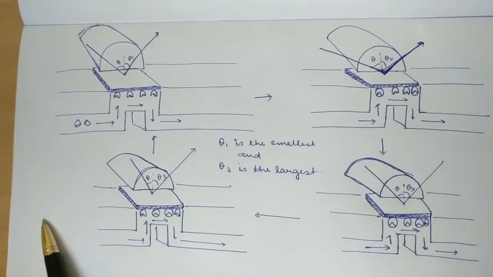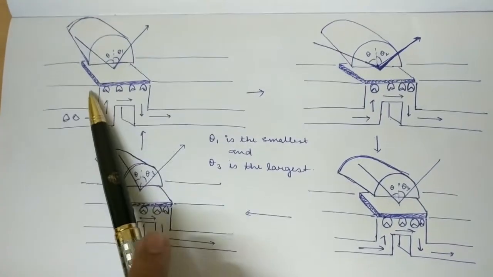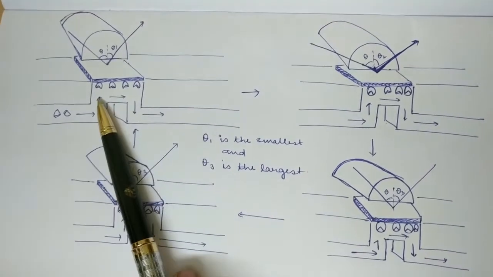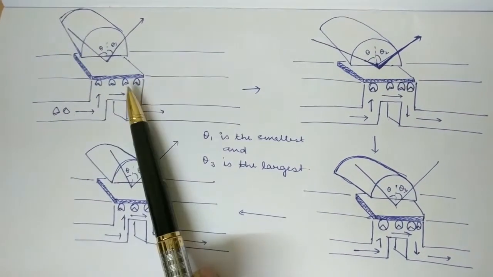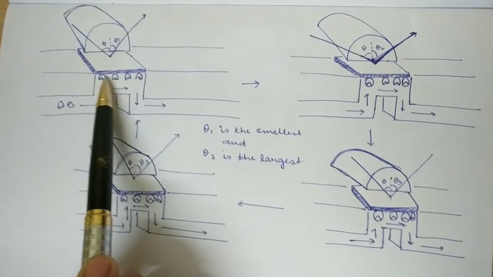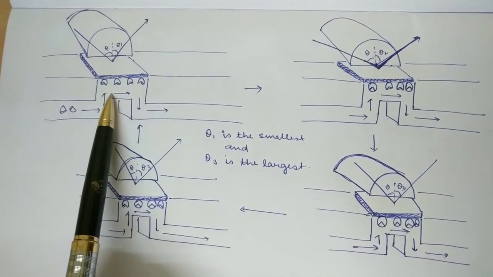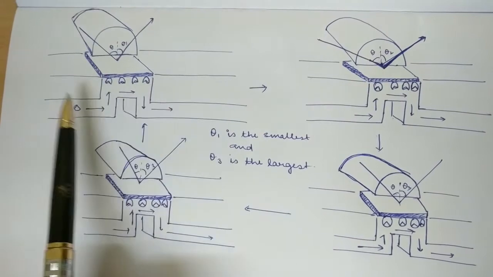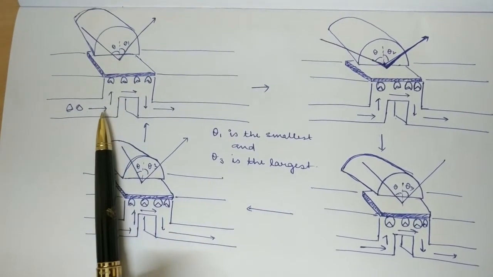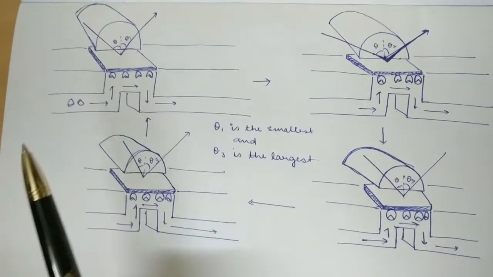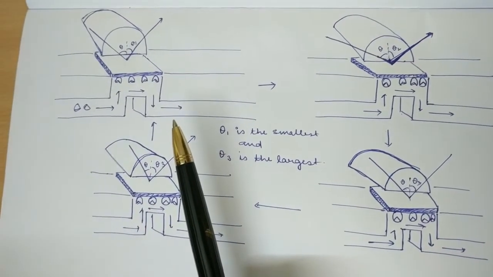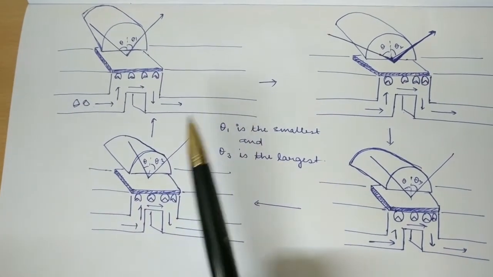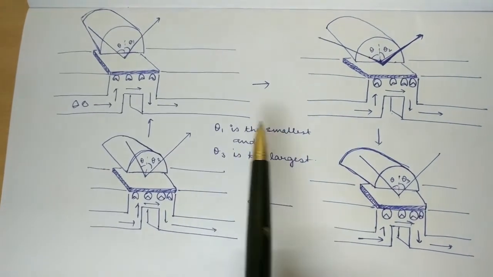SPR causes a reduction in intensity of light reflected at a particular angle from the glass side of the sensor surface. As molecules bind to the reflective surface, the refractive index close to the glass side changes, thereby altering the angle of minimum reflected intensity. By studying the shape of the sensogram produced, different parameters can be determined. This helps us understand the dynamics of the sample and also tells us about the presence of viruses and so on.